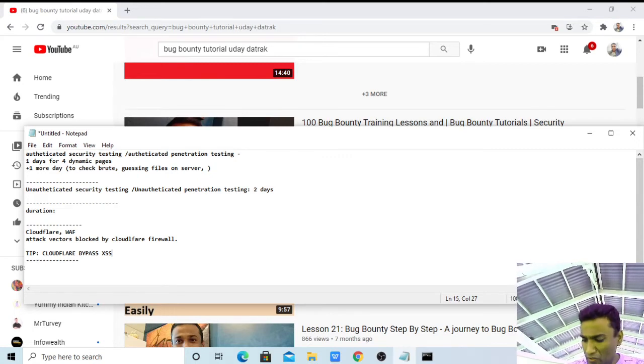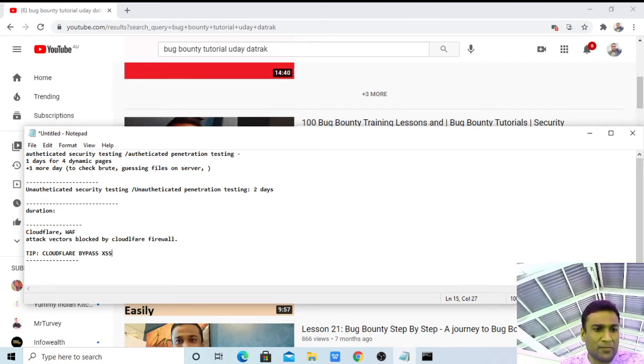A tip for you is that in the interview someone will ask you what are the bypass payloads for XSS, SQL injection, local file inclusion, SSRF. You just need to remember at least one payload guys, that's more than enough. You don't have to remember hundreds of payloads, because every couple of 2-3 months they get fixed, and they add new rules and signatures to protect from the latest attack vectors.